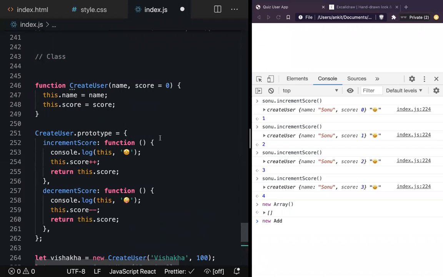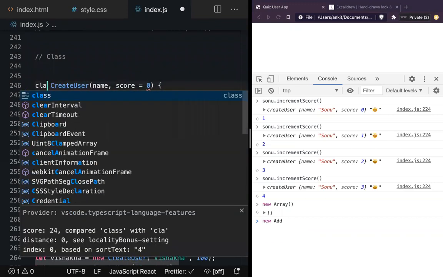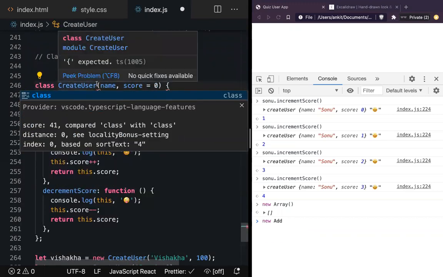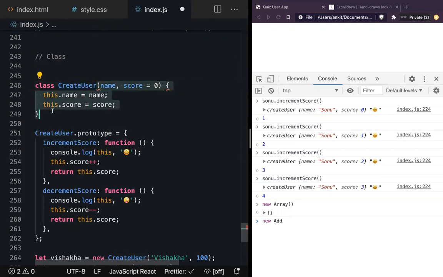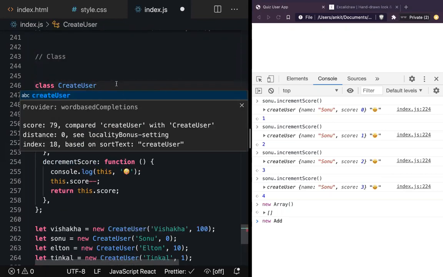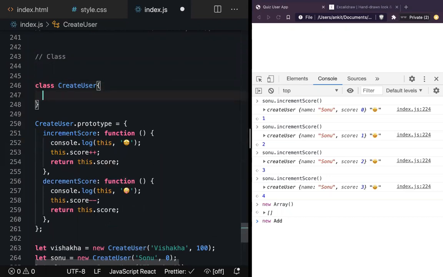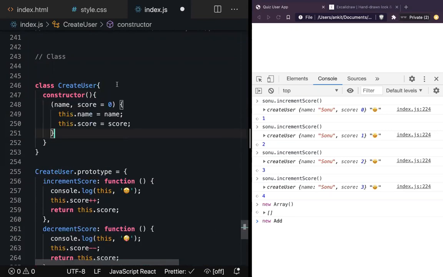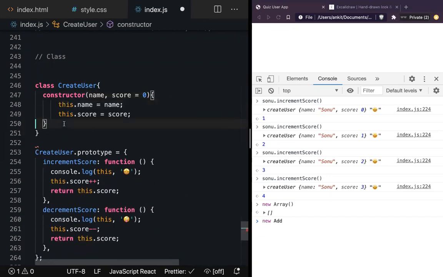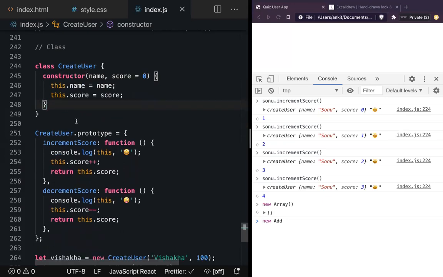What is a class? So let's just look at what a class is. Instead of defining a function, now I'll define a class. And when you are defining a class, you don't do something like this. You just say class and open. A class has a function called constructor that is a predefined function, and that is what takes the parameters. So the parameters that we were passing to the other function, now we will have to pass here. So this is how you create a constructor.